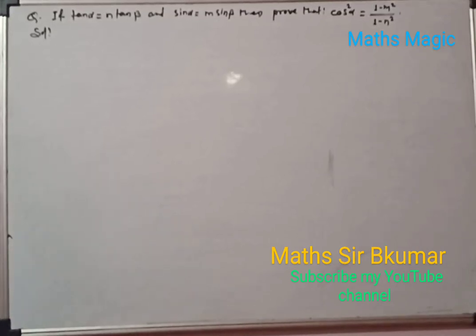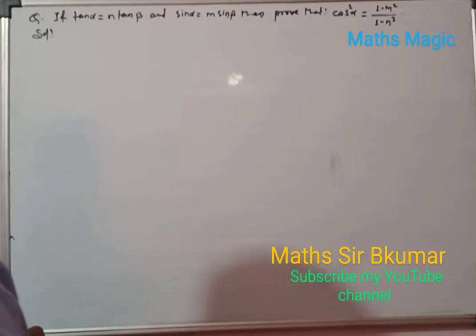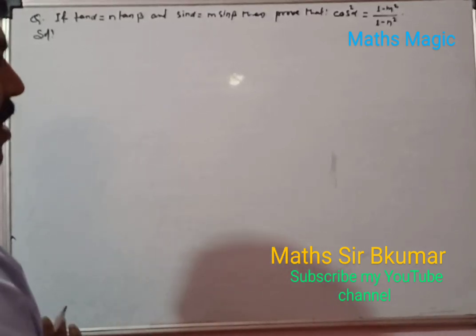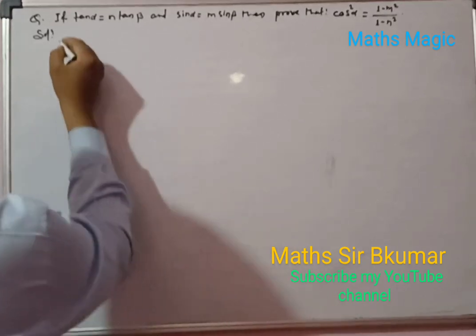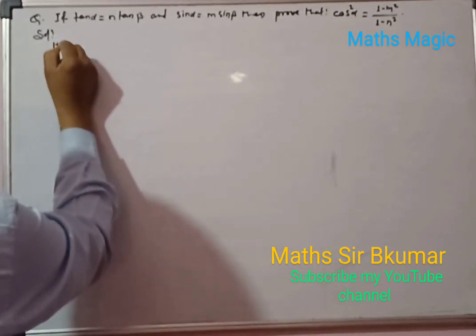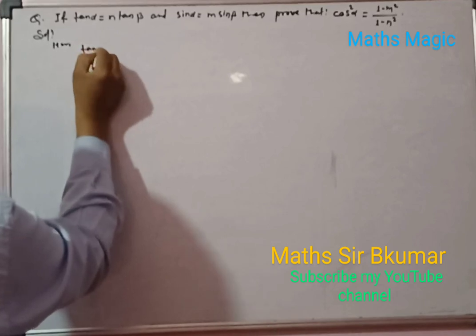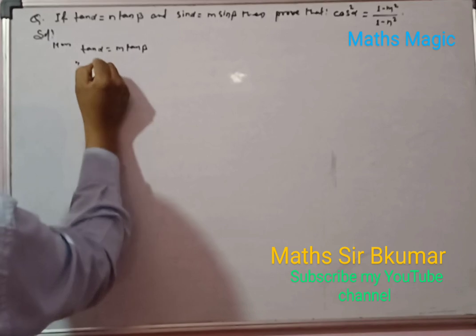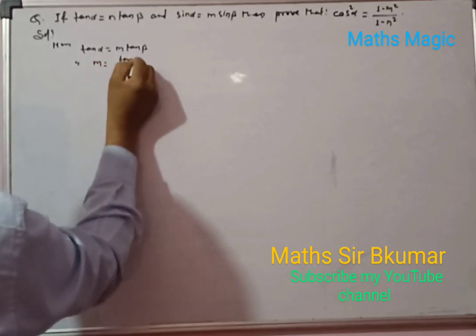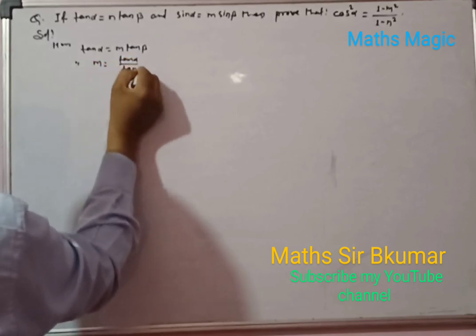If tan alpha equal to n tan beta and sin alpha equal to m sin beta, then prove that cos square alpha equal to 1 minus m square divided by 1 minus n square. Then we have to write the solution, and here tan alpha equal to n tan beta, or n equal to tan alpha by tan beta,